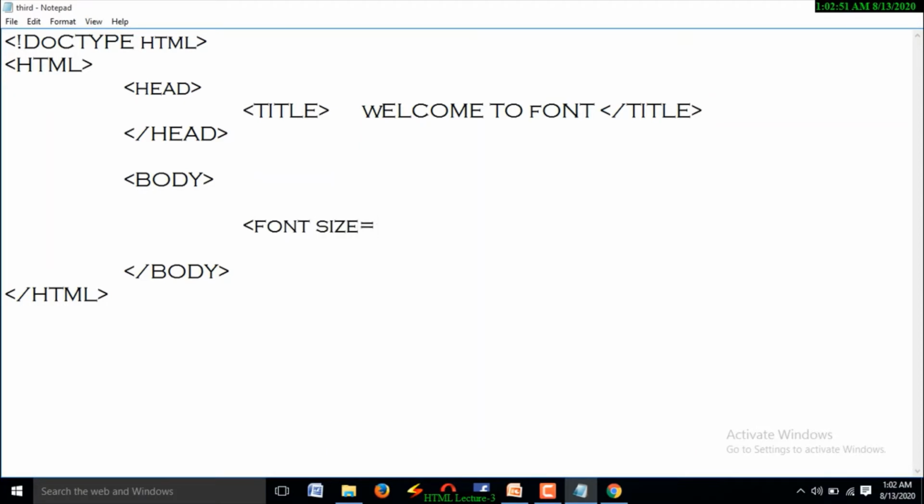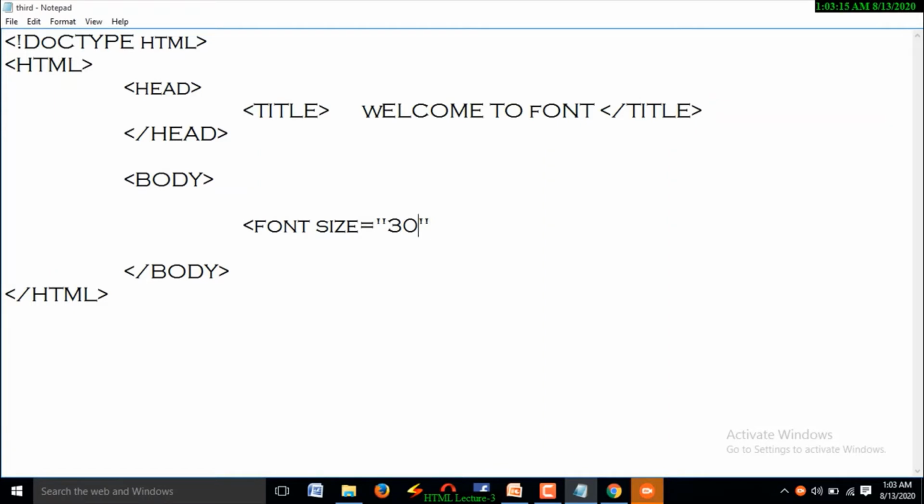Font size is equal to, here font size is represented with two parameters. The first parameter is pixel and the second parameter is percentage. Here font size is equal to, suppose, 30. By default this 30 is treated as pixels.